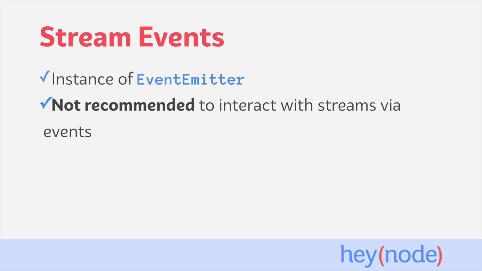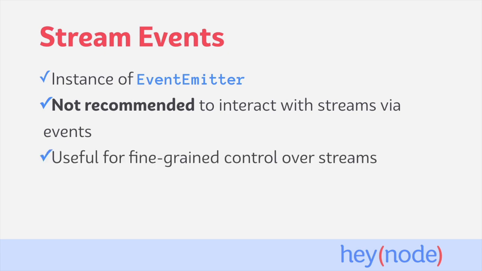Over the years, the Node.js Streams API has changed quite a bit. And these days, the recommended way to consume and interact with streams is by using the pipe and pipeline methods, which will consume the streams and handle their underlying events for you. We'll cover the pipe and pipeline methods next in the tutorial, but we want to point out the important fact that all streams emit events, and at their heart, streams are just basically event emitters.